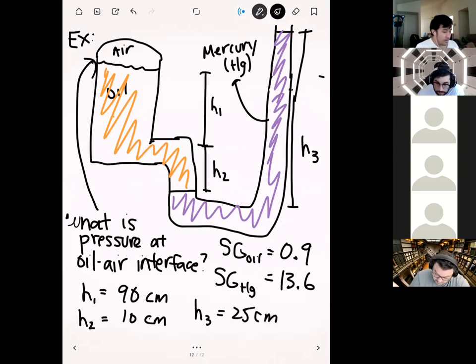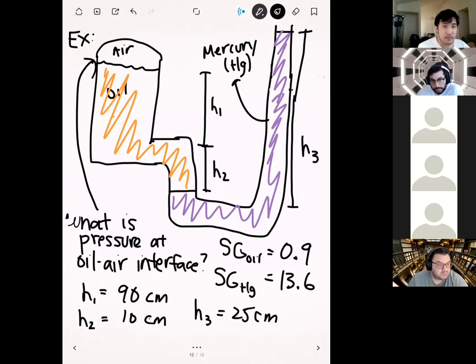And then these are all the stats for all the heights. We have H1 equal to 90 centimeters, H2 equal to 10 centimeters, and H3 equal to 25 centimeters. This is a little bit inaccurate, so maybe H3 should be shorter than that, but it's okay. They're all different, and that's all that I wanted to express. Are there any questions on this before we solve it? We have about 7 minutes left, so I'm going to try to solve this as quickly as I can.